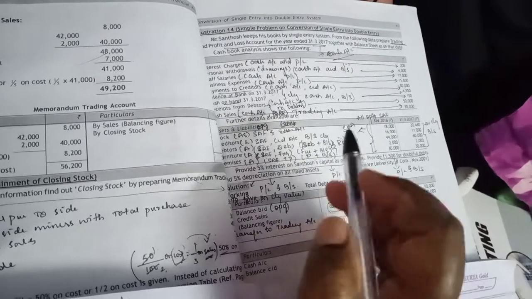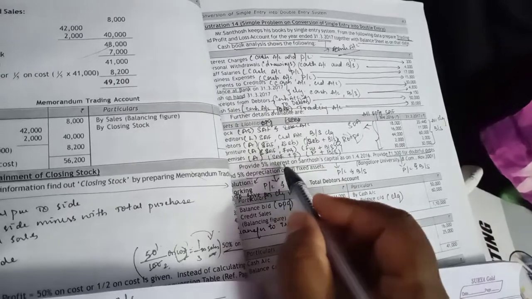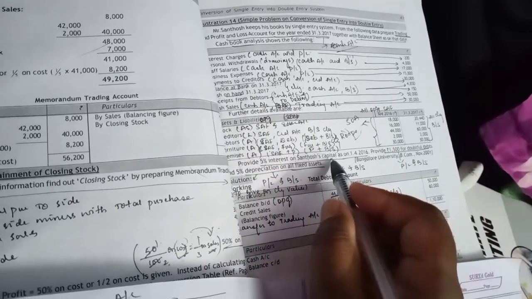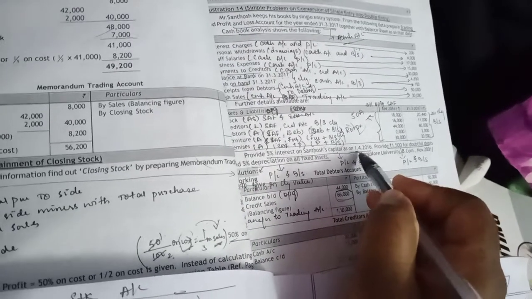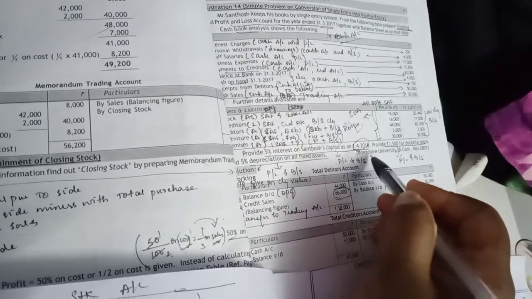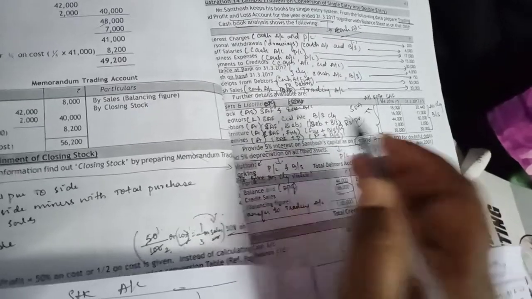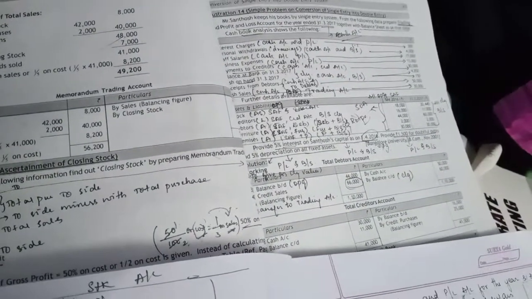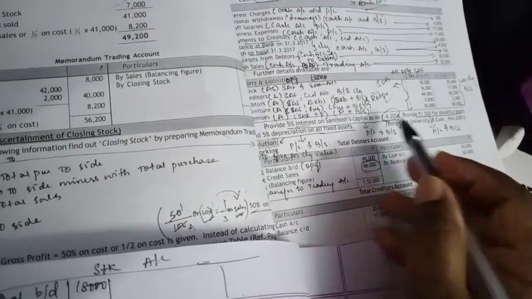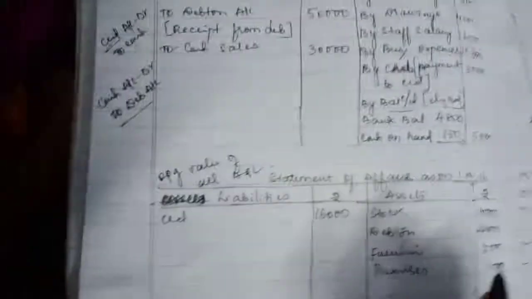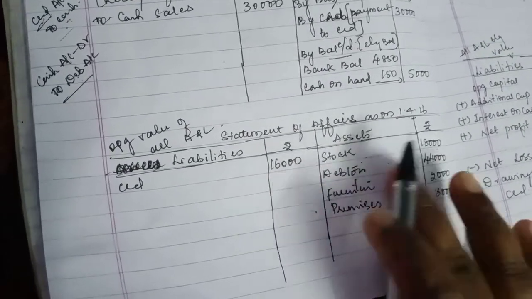Now adjustment, even the adjustment will appear two places. The first one, they say 5% interest on Santosh Capital as on 1/4/2016. What is that? On 1/4/2016, it's a opening date. That means on opening capital you have to give 5% interest. So if you want to get 5% interest on Santosh opening capital, first you need to close the statement of affairs.